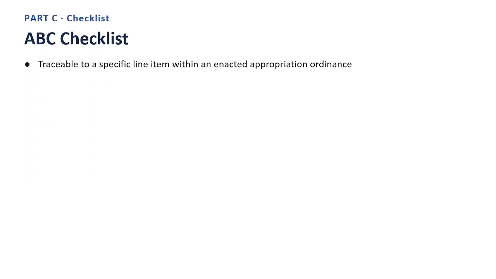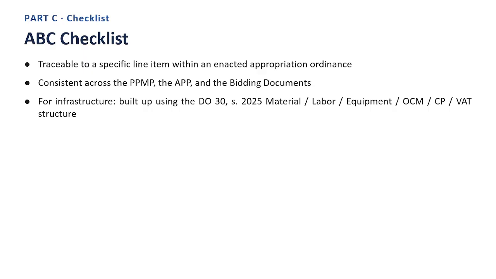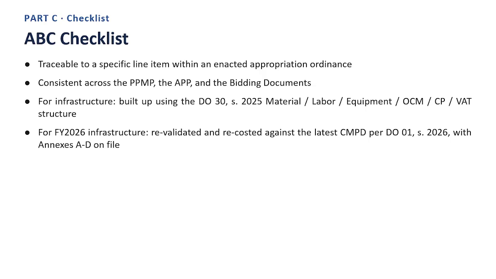Next slide. ABC checklist. Point 1. Traceable to a specific line item within an enacted appropriation ordinance. Point 2. Consistent across the PPMP, the APP, and the bidding documents. Point 3. For infrastructure, built up using the DO 30 Series 2025 material, labor, equipment, OCM, CP, VAT structure. Point 4. For FY 2026 infrastructure, re-validated and recosted against the latest CMPD per DO 01 Series 2026, with annexes A to D